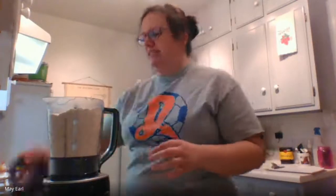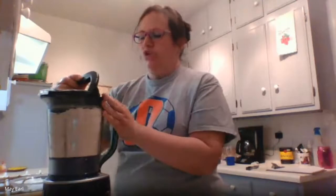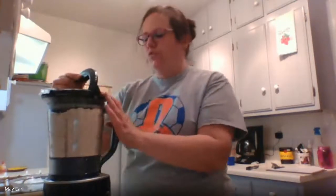Or you can just gradually put it in. And I'll tell you what we're looking for texture-wise. So I'm just adding this one teaspoon at a time. And that might seem really slow, but pie dough's kind of finicky. We're looking for a texture. And the texture that I would